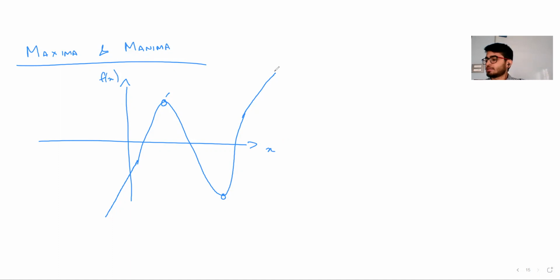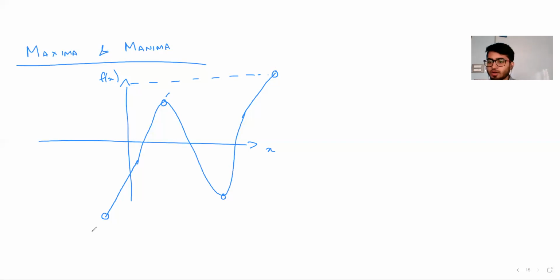We clearly see that this point will give us the highest value of the function. Similarly, this is a minima, but this is not giving us the lowest value of the function, because we see that this particular point is giving us the lowest value. So there are different concepts: one is termed local maxima and minima, and one is termed global maxima and minima. If I don't recall this, I'll check and get back to you. But what I recall is these points are referred to as local maxima and minima, and these points are referred to as global maxima or global minima.